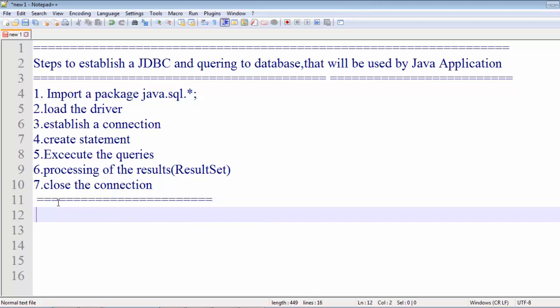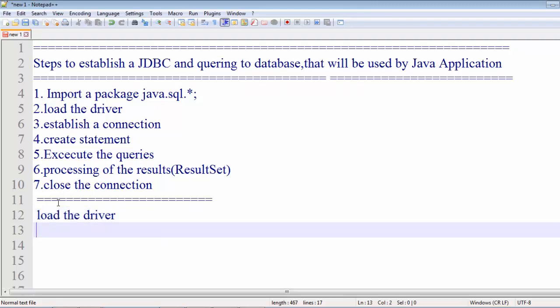Now we will just focus on the first step, which is clear: we have to import a package, that is the java.sql package. The second is to load the driver. So how will we load the driver? The driver will be loaded with the help of a method known as forName, and inside this forName method we have to pass a string.